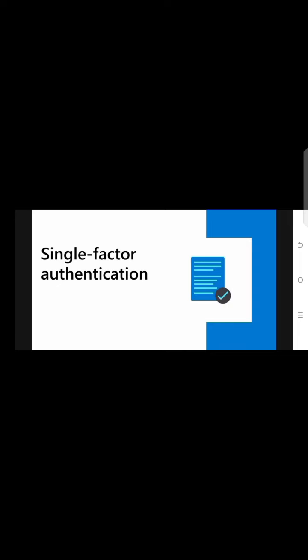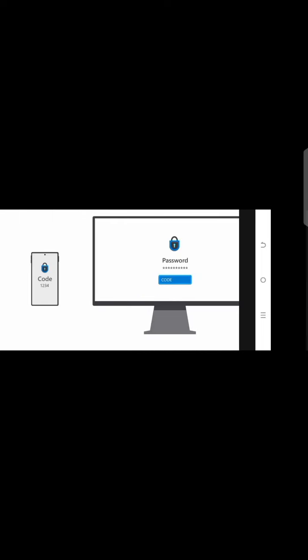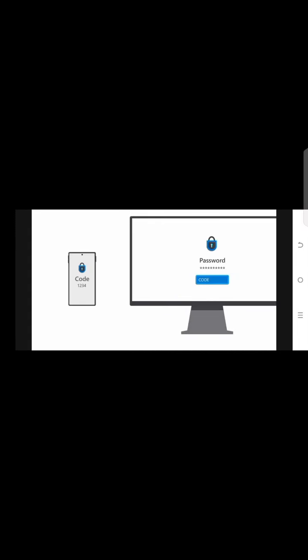If you have to add one single password to access something, then it's called single factor authentication. But these days, two factor authentication is very common, which means that you have to enter two different types of password to get access to your website or something. And what it does is it adds security to the network. As you can see here, I have written in the password, and then it asks me the code which was sent to me on my mobile phone.